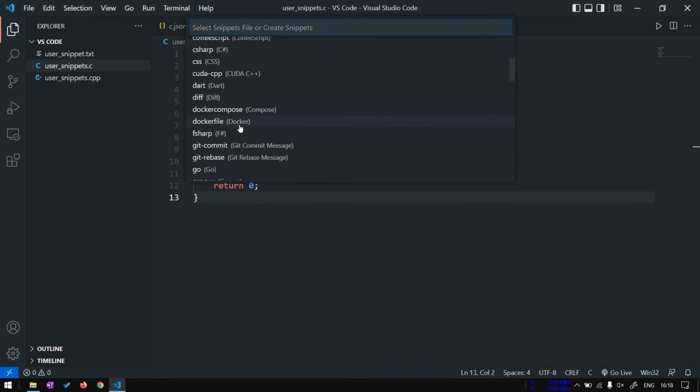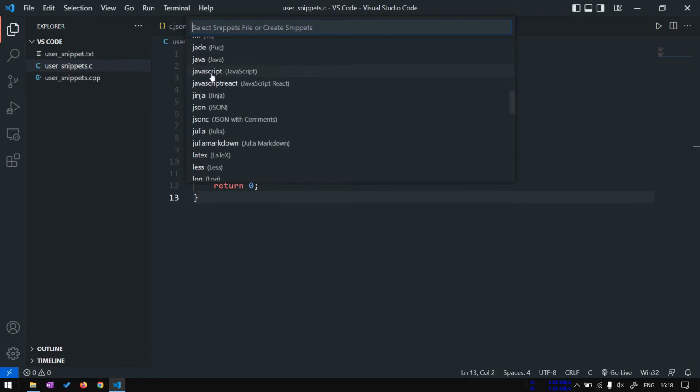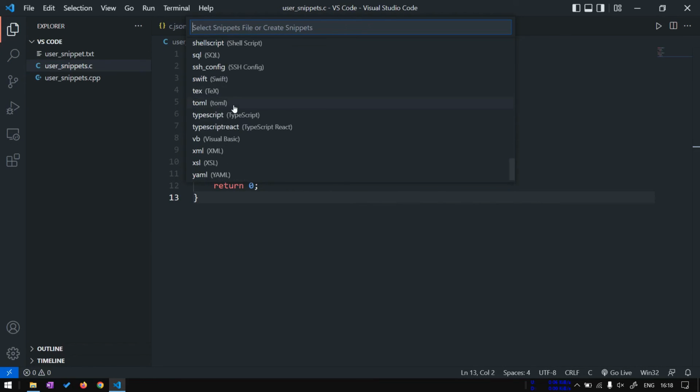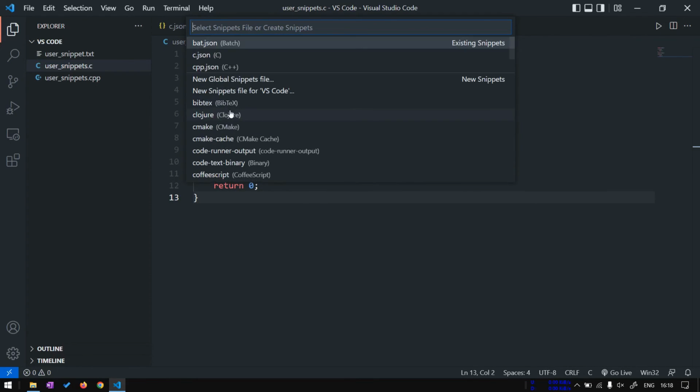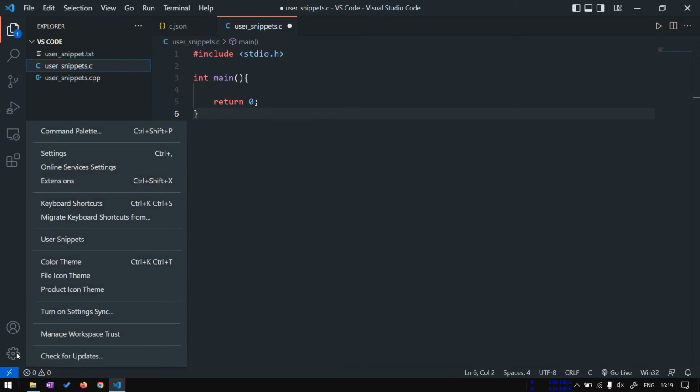And here we can select any programming language like Go, JavaScript, Java, Python, or any other. I hope you have understood the process of making user snippets, using which we can create boilerplate code for different programming languages, or we can also create